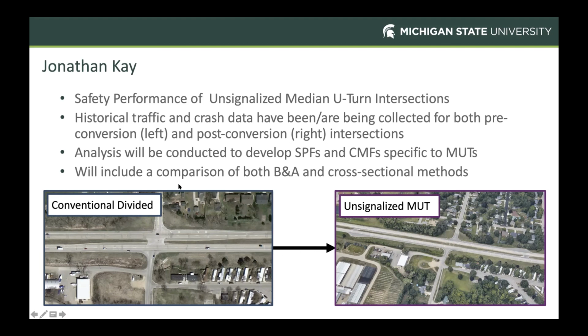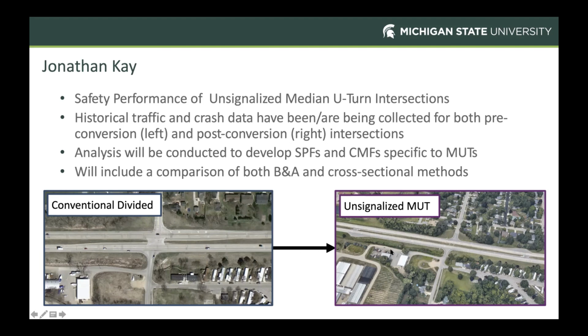All right, thanks, John. And so just for everyone's context, one of the big challenges here is trying to evaluate the safety performance between this type of setup where we allow vehicles to turn left across the median versus this instance where we prohibit left turns and require U-turns. And so it becomes a bit of a challenge trying to integrate the crash data and figure out how